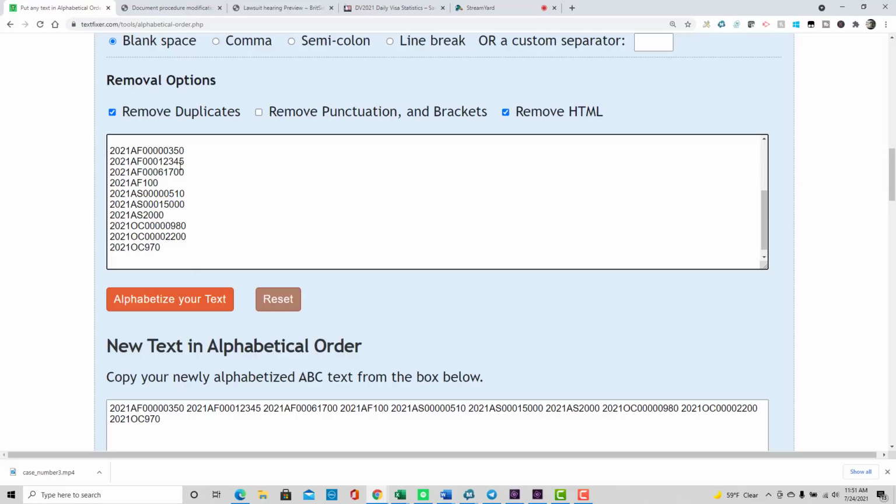However, that does mean that if I can get to the end of the list, then I can do case number 61700, and I can do case number AF 100 if I'm only looking at AF cases, let's say, right? I can get to those 2 cases, so you will find instances where I can get to the end of my work, and yes, a high case number could have been processed and therefore get ready for scheduling, documentarily qualified, right? But you'll see that somebody who forgot to put in the leading zeros has disadvantaged themselves by putting them at the end of the list, whereas their number should be at the top of that list. Okay? So I hope that's clear.